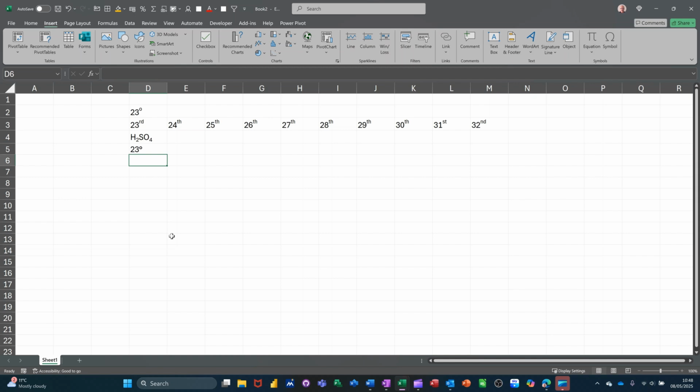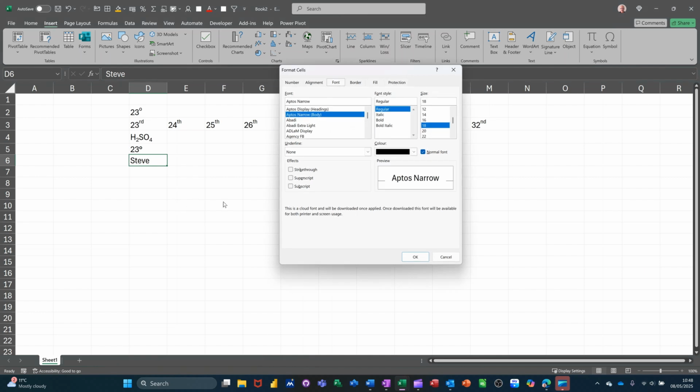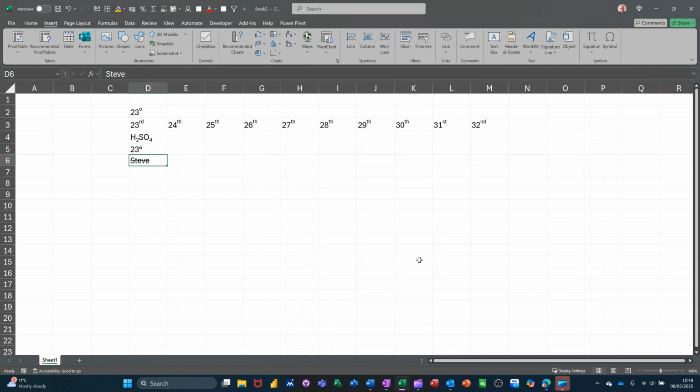Now strike through, if I type my name, strike through is just basically a line through the text. If I do Control 1 again, I can select strike through, and you can see how that works. Line through it like so. Now you can get conditional formatting to do strike through for you as well. So if I just show you this little bit, if I do task 1 and pull that down a little bit and then get myself some